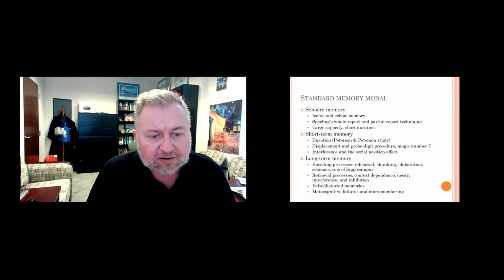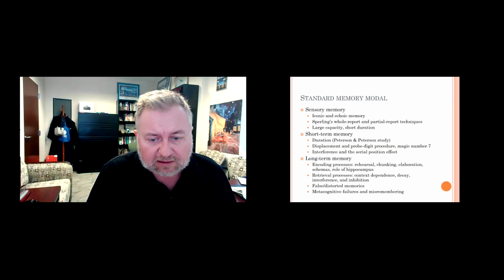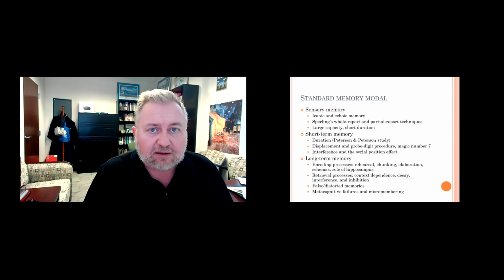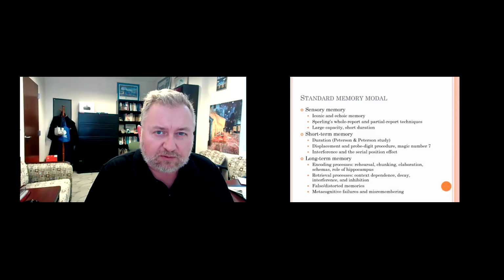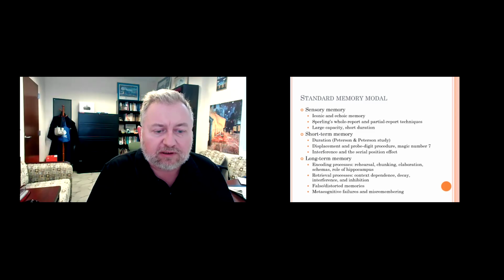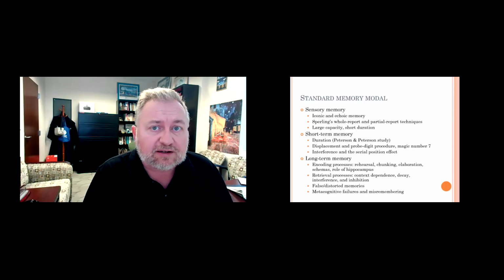For short-term memory, we could also ask questions about capacity and duration. Under capacity, this is where we get the magic number 7 idea. For the duration effect, we can look at the Peterson and Peterson study, where they found that if you were engaged in a secondary task, the memory trace fades away after about 12 seconds. But that would not align well with the magic number 7, which suggests that forgetting in short-term memory really originates because of what we'll call the displacement effect. And this is where the probe digit procedure comes in,